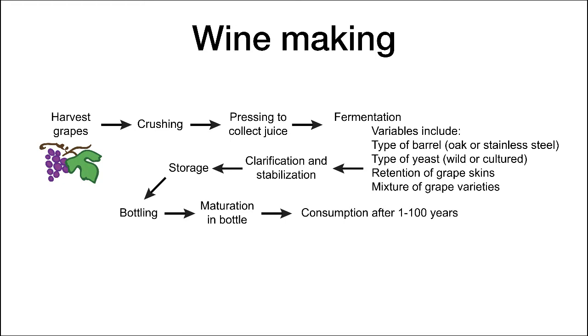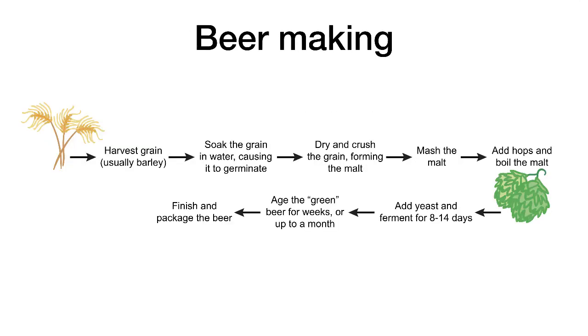White wine is usually aged for 5 months, while red wine will remain in barrels for 2 years. After aging, the wine is clarified, filtered, and bottled. White wines can be sold immediately, while red wines typically go through another period of aging that lasts at least 6 months, but can continue for years.